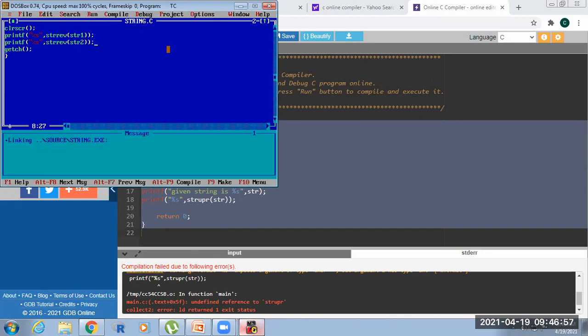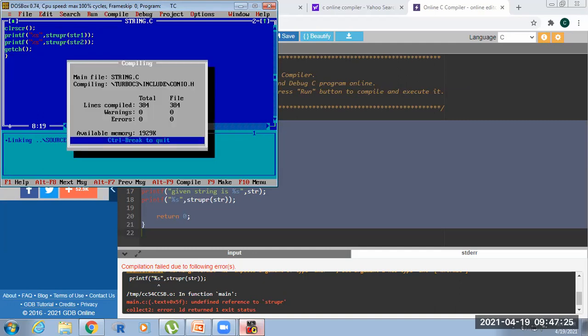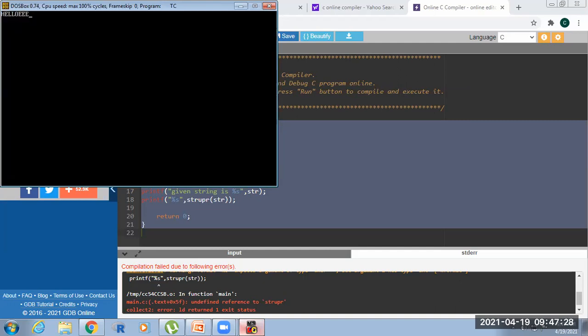Here both strings are reversed. Okay. Next, what other commands did we forget? String reverse, string lower, string upper. String UPR, count of nine. So both are represented in uppercase.